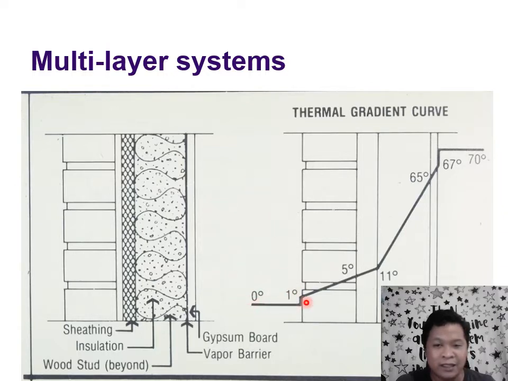Halos flat siya. Then ito, material na slightly insulating, may konting slope siya doon. But this one really takes the cake, very steep. So it changes from 11 to 65 degrees in a small amount of time, in a small distance. So you can see the higher the difference between the 2 points of that material's walls, the greater the insulating